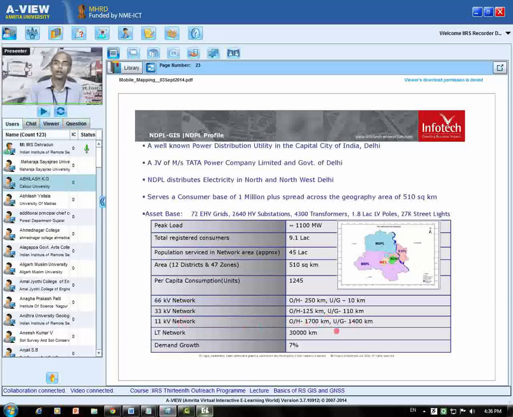So it's huge data that has to be created. And the LT network is 30,000 kilometers. It means every road has the electric supply. So everything, if you add, it will come to a big number. For things like this, using just the satellite data will not serve the purpose. Here, we have to take a solution or technology. We have to take advantage of the technology, especially mobile mapping, and create this database